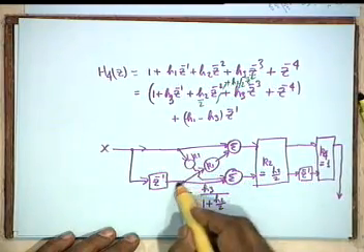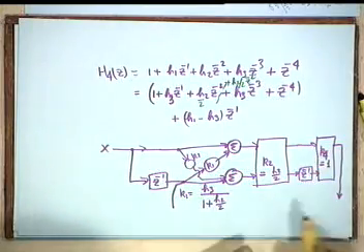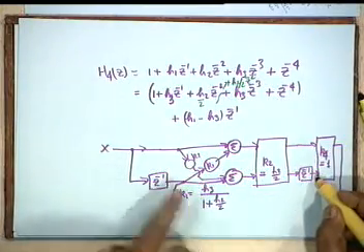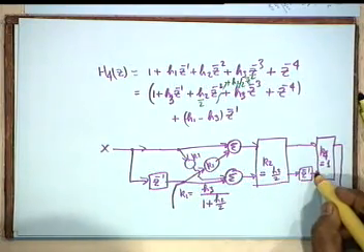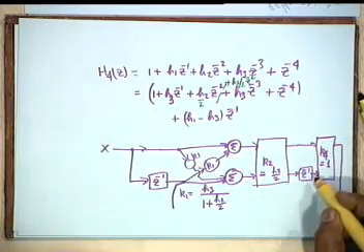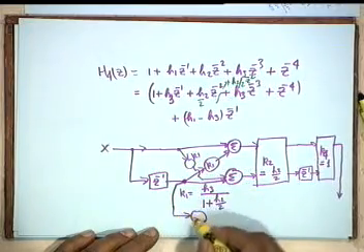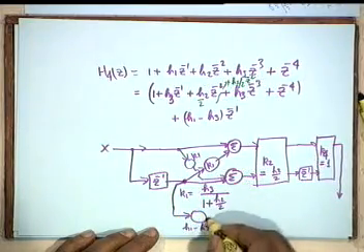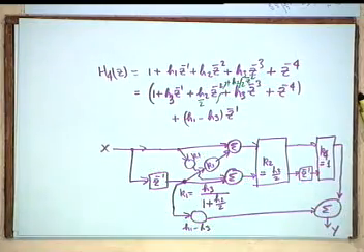Then you see we take a tap from here, because we simply have to get H1 minus H3 Z inverse. If we had taken a tap from here, that is after 3 delays, then we had to calculate what signal is here, and that requires a crisscross. You have to calculate all the contributions. Do you understand the problem? Yes. But taking a tap from here does not create a problem. So, we simply multiply it by H1 minus H3 and then add the 2 signals. This is my output. Okay, it's taken care of.